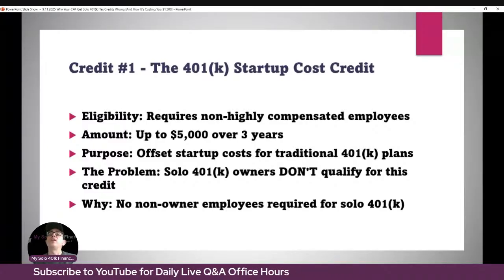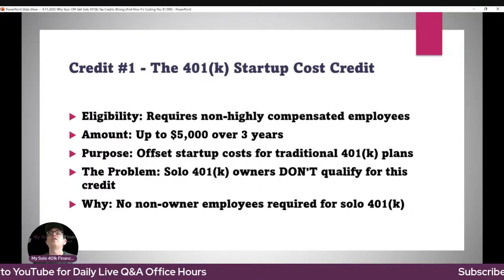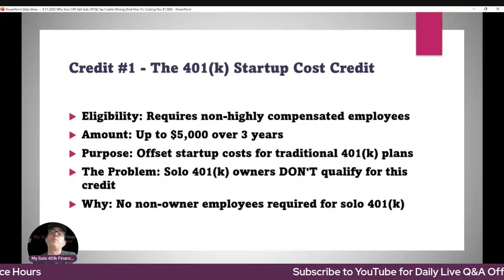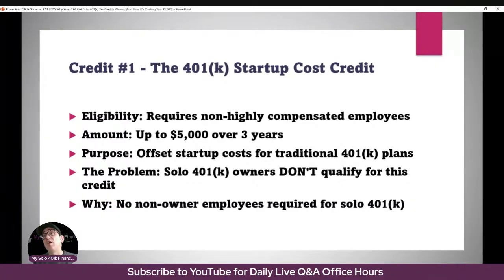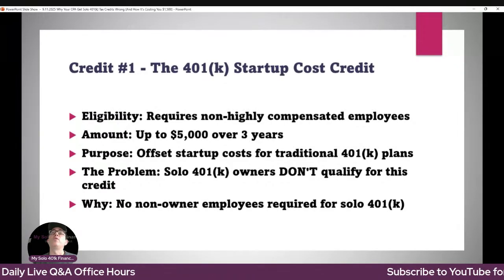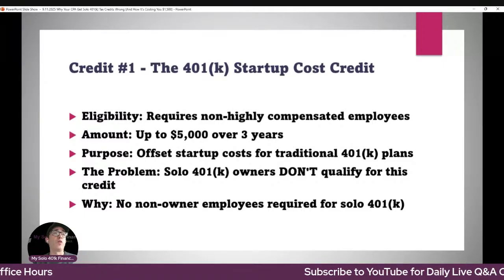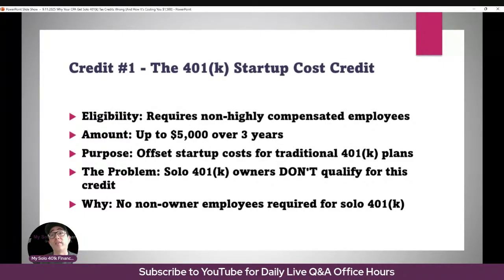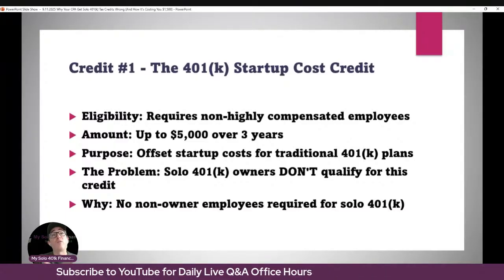So you've got the 401k startup cost credit, which requires non-highly compensated employees. Now that credit would amount to up to $5,000 over 3 years. The purpose is really to offset startup costs for traditional 401k plans. So that's another point of confusion, right? Because with the auto contribution credit, it's not a function of the startup costs. So even if the startup costs are less than the amount of the credit, the individual can still claim the